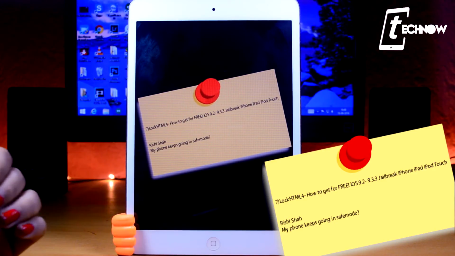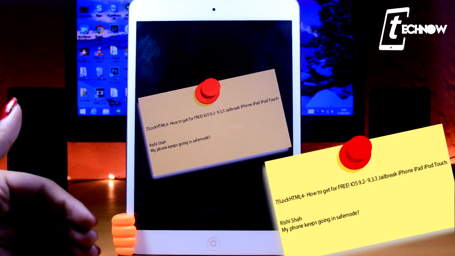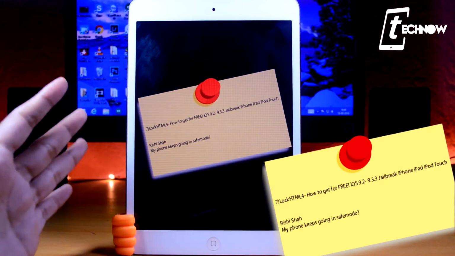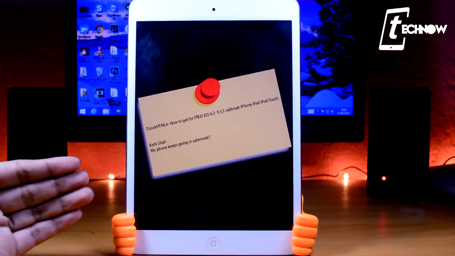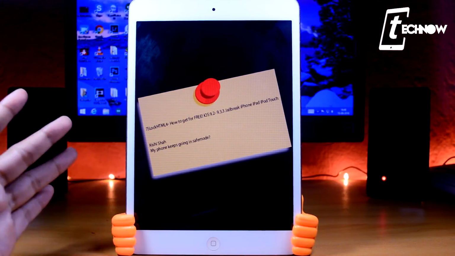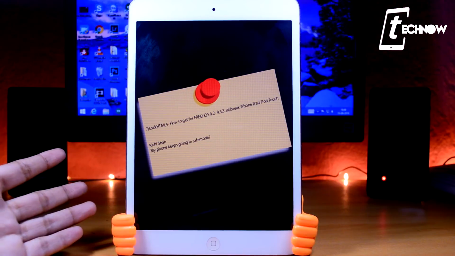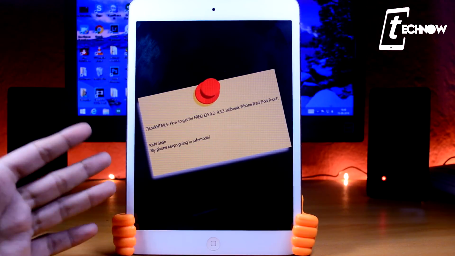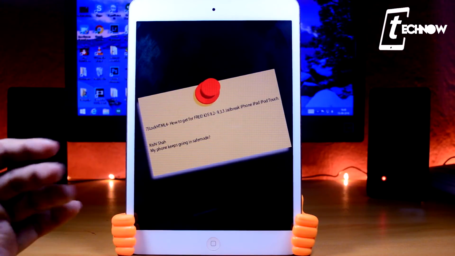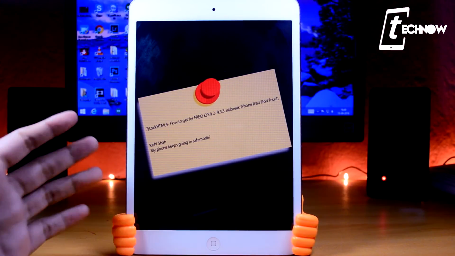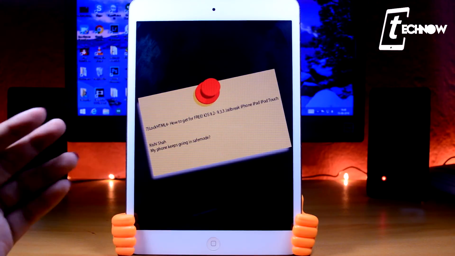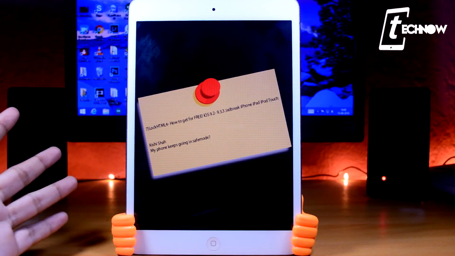What you can do is you can install iCleaner and you can disable all the tweaks to find out exactly which tweak is causing this error. You have to find out that tweak and you have to remove that from your iOS device, and once you are done doing that, your phone won't be going on to safe mode. And I would like to say that Lock HTML4 doesn't cause any error. It is running smoothly on my devices, so you're not having this error because of Lock HTML4, but definitely because of any other Cydia tweak which you have recently installed.